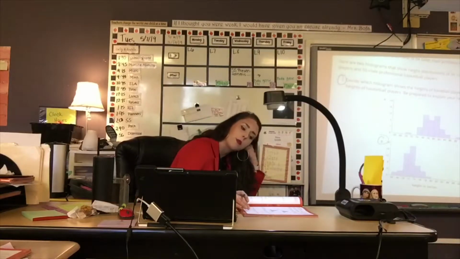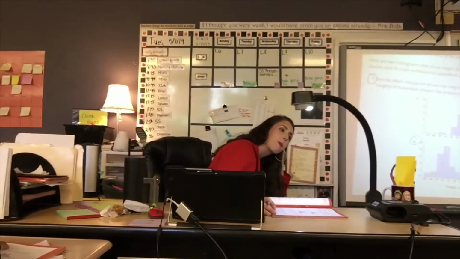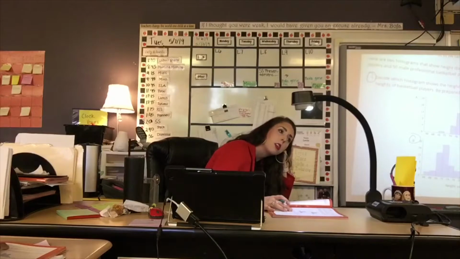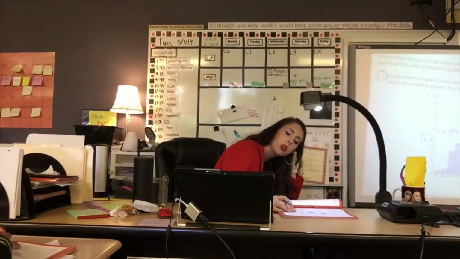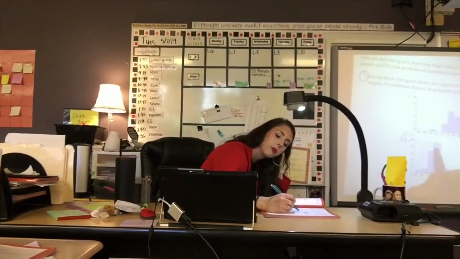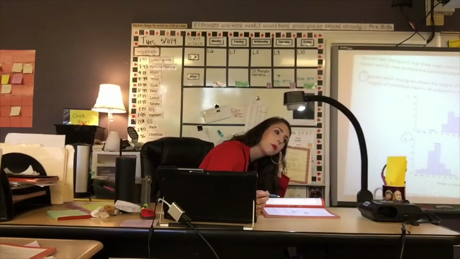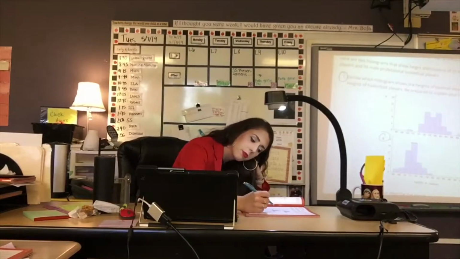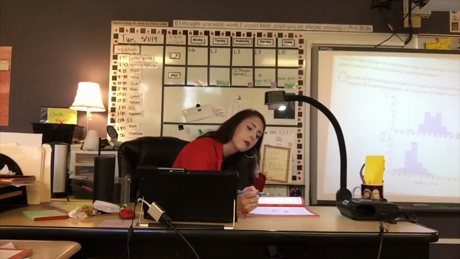Okay, so if you read it, obviously it said that basketball players tend to be taller than baseball players. Sure. So the highest height for B was 80 inches, and the highest for A was 90. So you can kind of see that